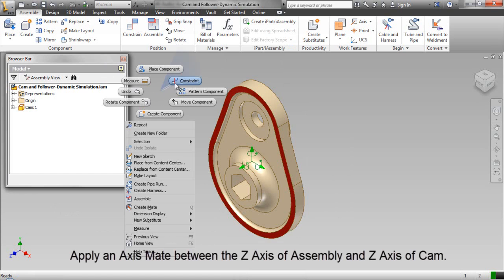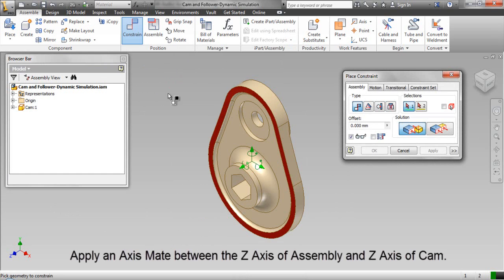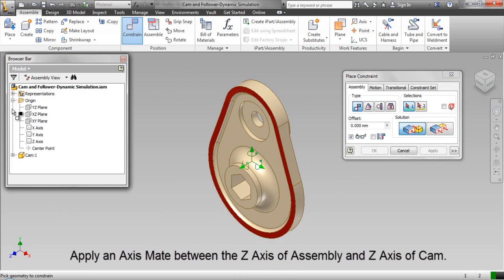Apply an axis mate between the z-axis of assembly and z-axis of cam.